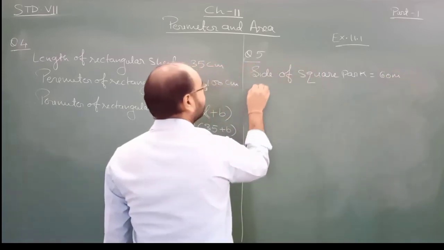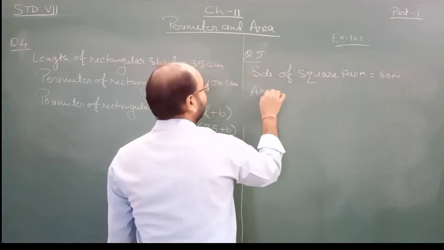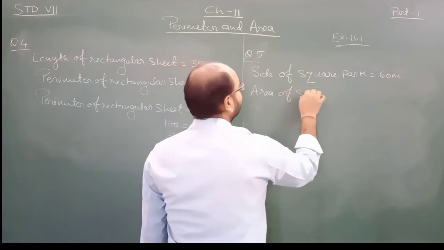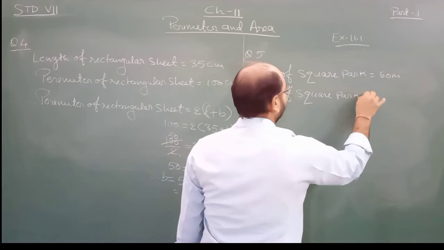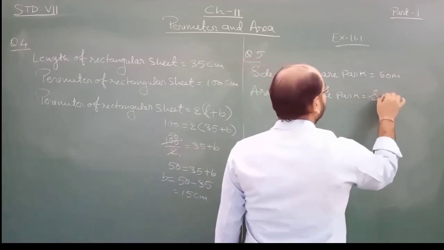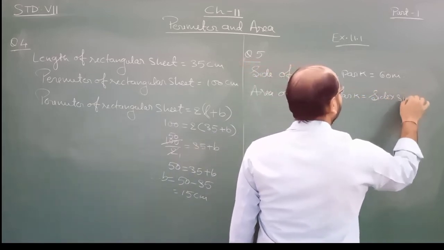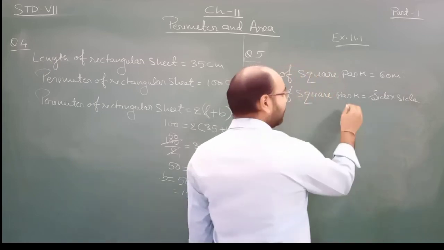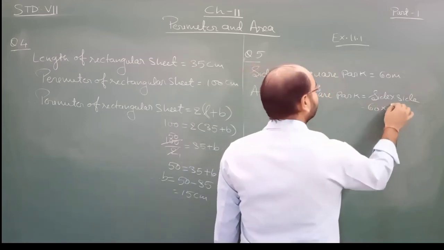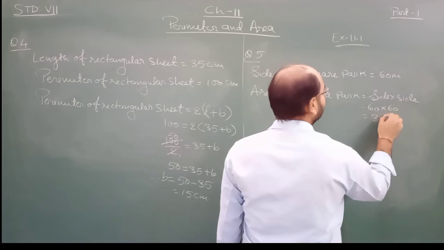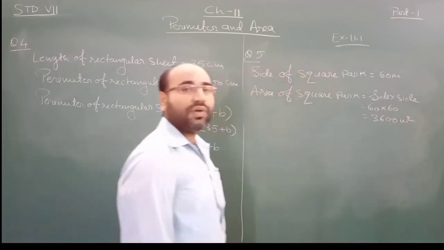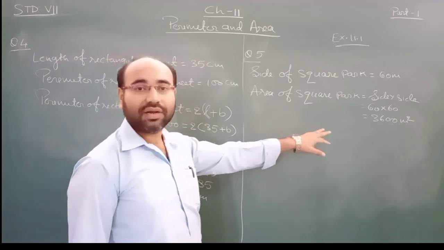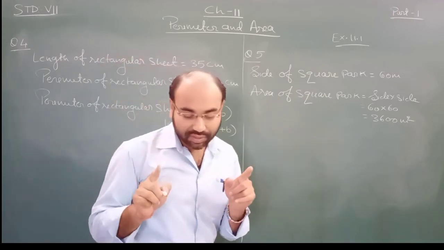अब हम क्या फाइंड आउट करेंगे? Therefore area of square park is equal to side into side. So it will be 60 into 60. That comes to 3600 मीटर स्क्वायर। तो ये एरिया मिल गया स्क्वायर पार्क का।